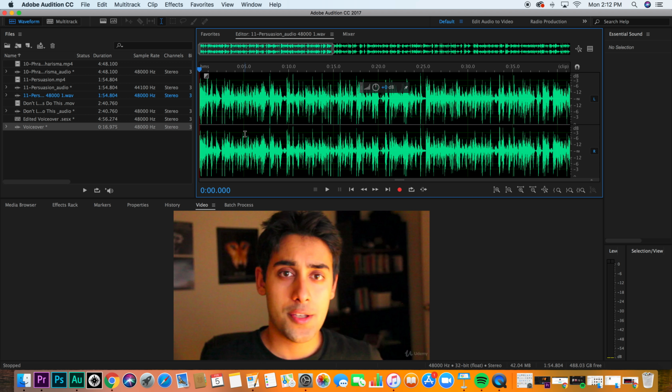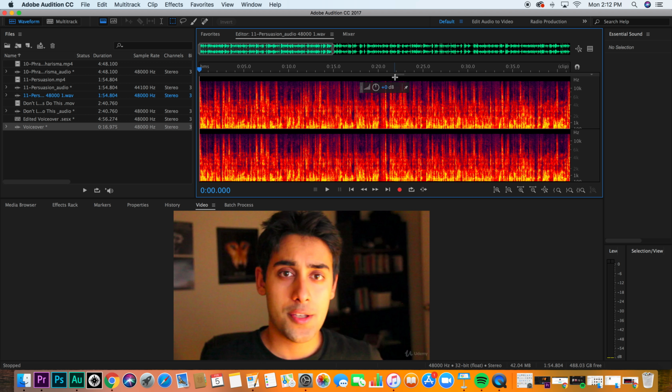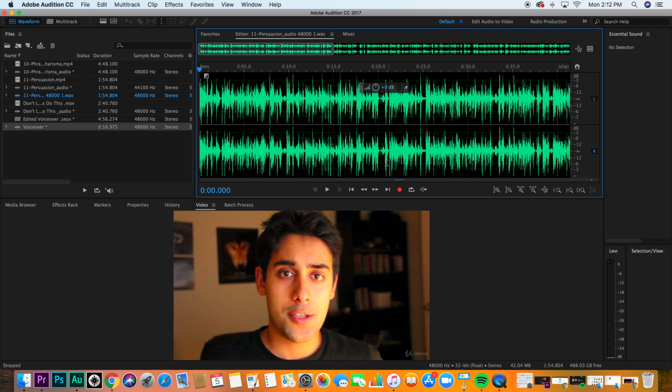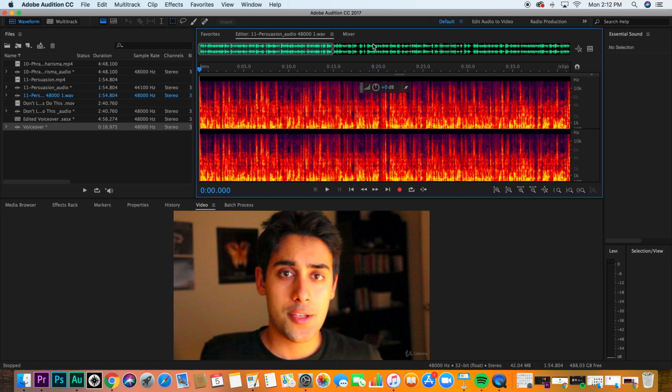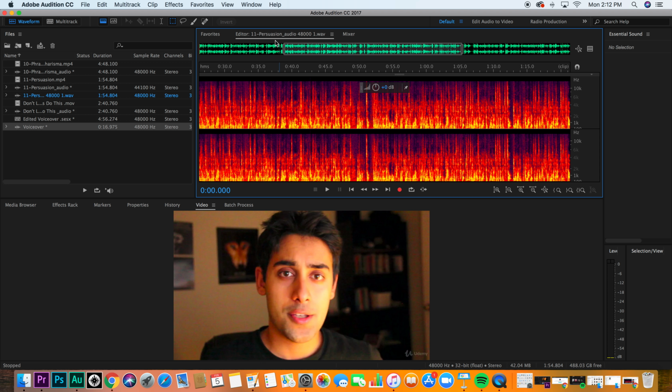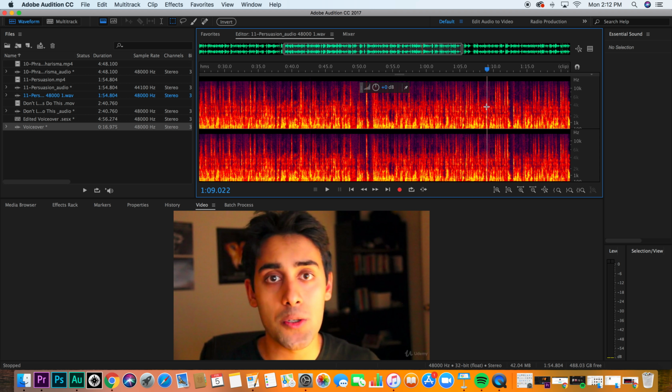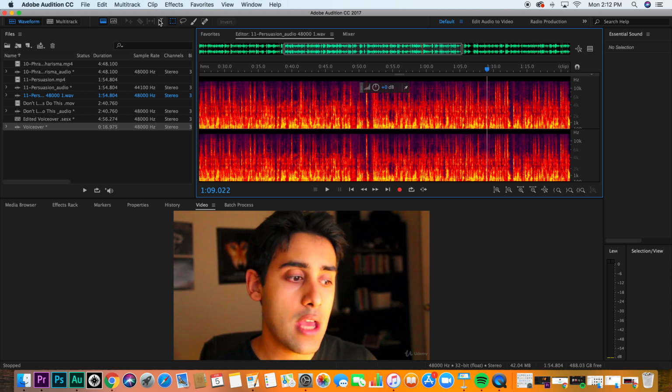So now it's time to learn how to use Spectral Editor to apply noise reduction, and this is how you do it. So again, you just drag this up and you're in spectral editing mode. Again, when you're in waveform, all you have to do is drag this little knob up. And what you're gonna do is highlight everything by pressing Command and A. You can also drag and highlight, not in this case, but if you grab the highlight tool,